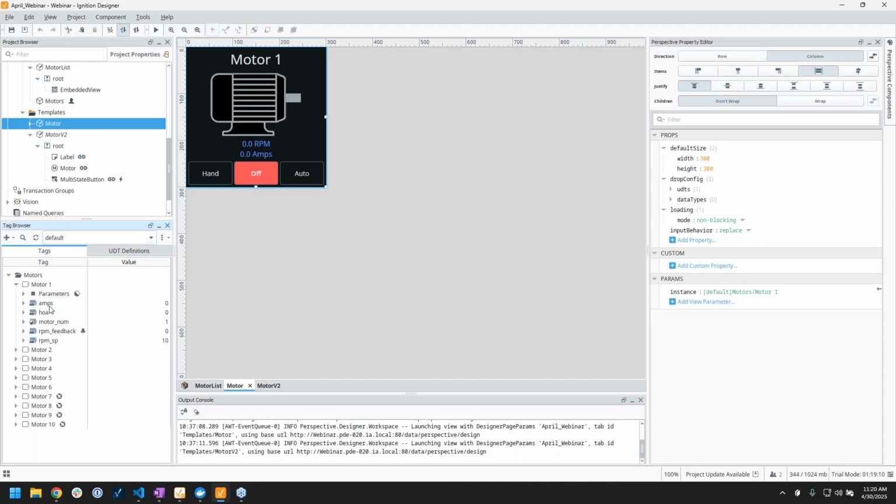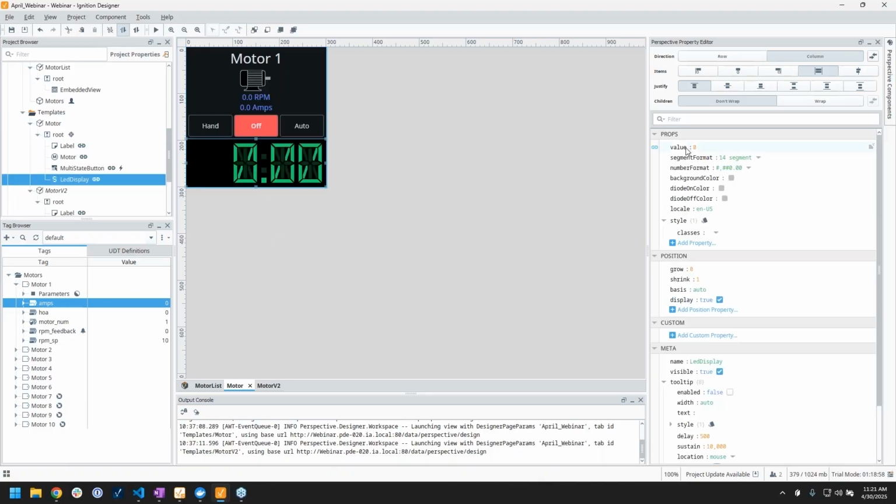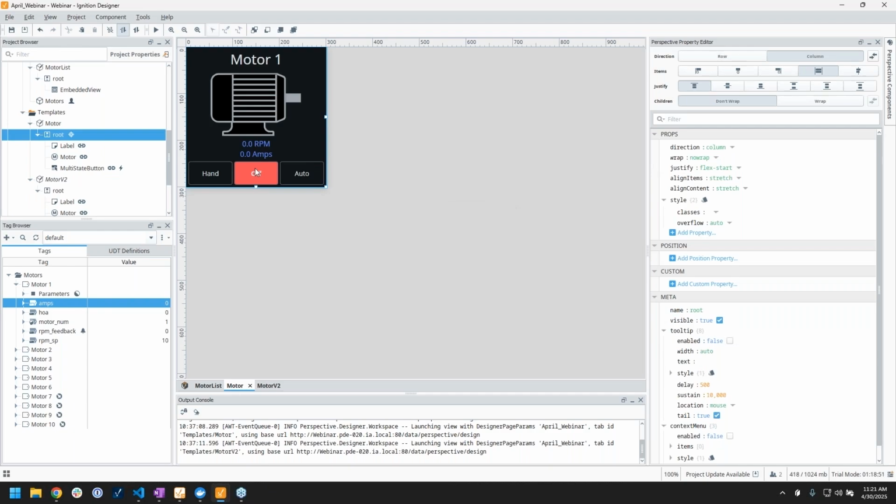And most of you are probably familiar with the ability to take a tag out of the browser, drag it onto a screen, and select from this list of prospective objects and have the designer automatically create a binding to that tag value for you, right? Which is a cool, fun little option. What some of you might not be as familiar with is you can configure your template views to work in the same way with UDT instances. And that's the next thing I'm going to go over, is show you how to configure that.